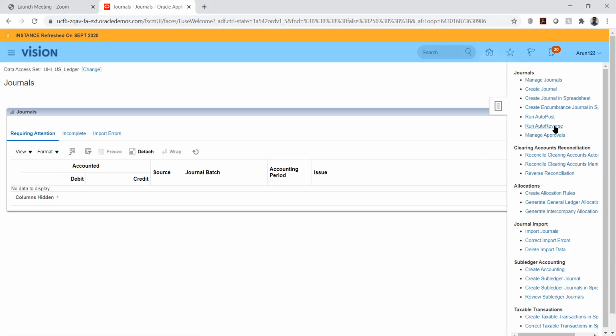So we just go from here, create journal in spreadsheet. Oh, so for this one, we don't need to download anything. It's already there here. Yeah, basically we will download, but from here we can download. We don't need to go to repository. Oh, okay.